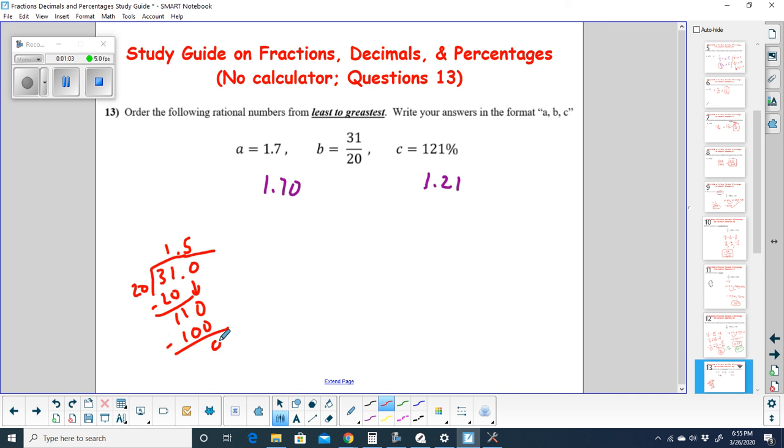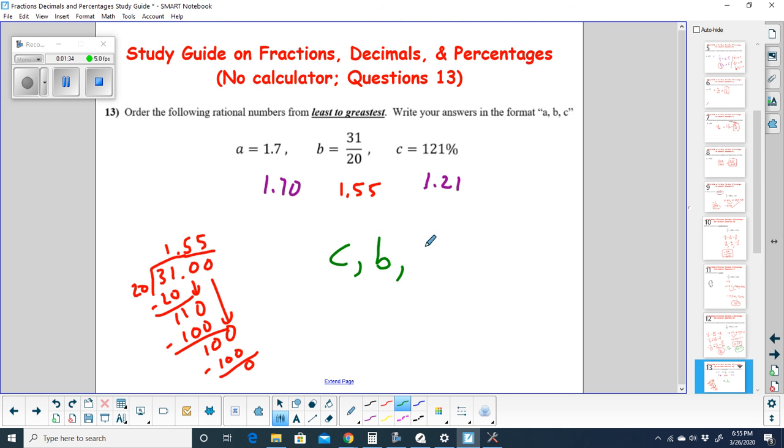Remainder is 10. Bring down the other 0. So 20 goes into this 100 5 times. 5 times 20 is 100. Remainder is 0. So this is the decimal 1.55. So in order from least to greatest, well, of these three, C is the smallest, 1.21, followed by B,